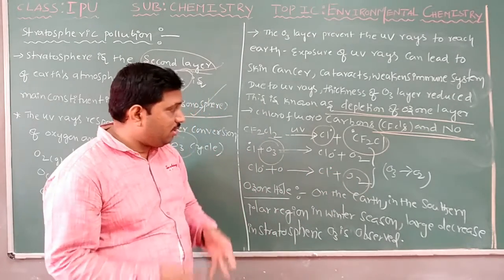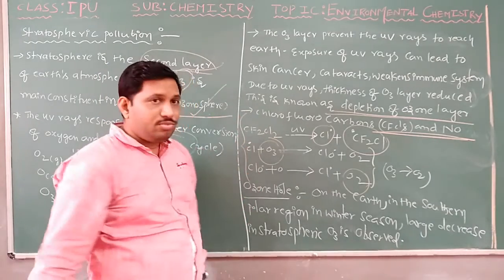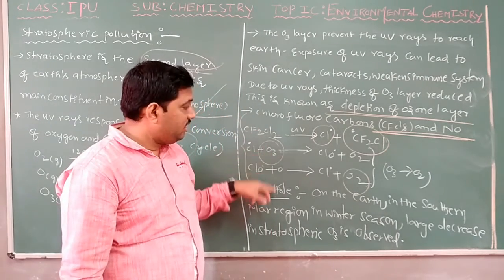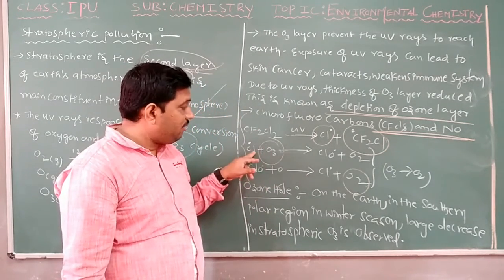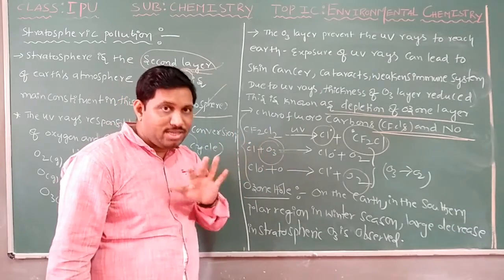Here remember, student, one important point in competitive examinations, this question is given. What is the first step involved in the depletion of the ozone layer? These three equations are given. Everyone thinks that depletion of the ozone layer means ozone reacts with chlorine radical. But the first step is